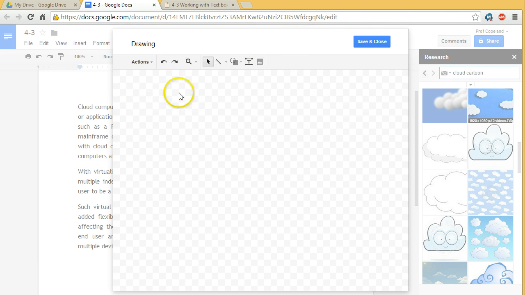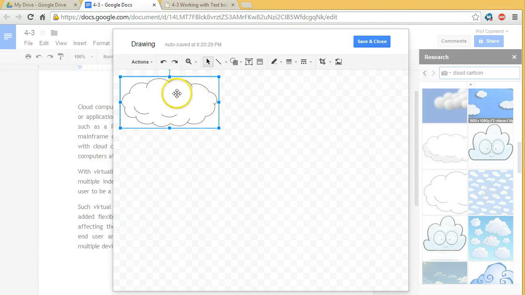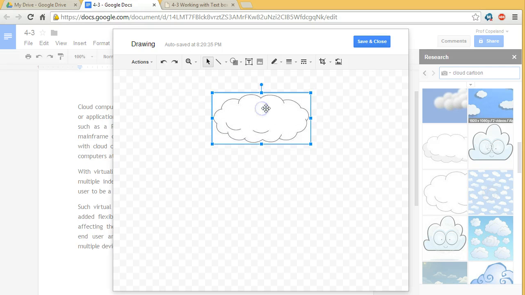Another window pops up. And if you remember, we copied a picture of a cloud. So now I'm going to right click and paste that same cloud in. Okay, so there's our cloud. Let me show you some basic controls. If I use the corners, I can